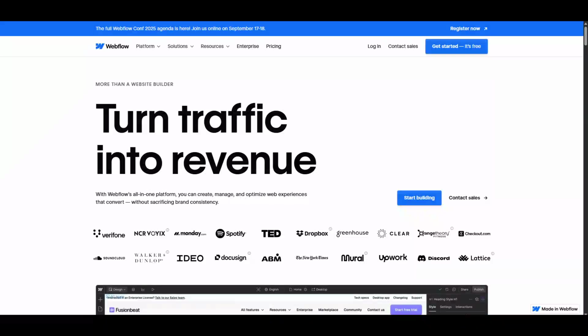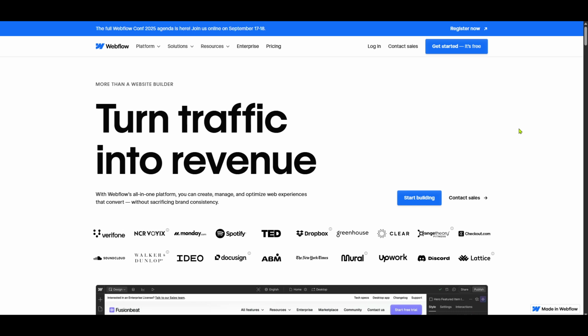In today's video, I'm going to teach you how to use Webflow's team plan effectively in just 5 minutes. Let's dive right in. First, we'll start by opening up your preferred web browser and heading over to Webflow's official website. If you're already familiar with this platform, you know it's an intuitive and powerful tool for designing, building, and